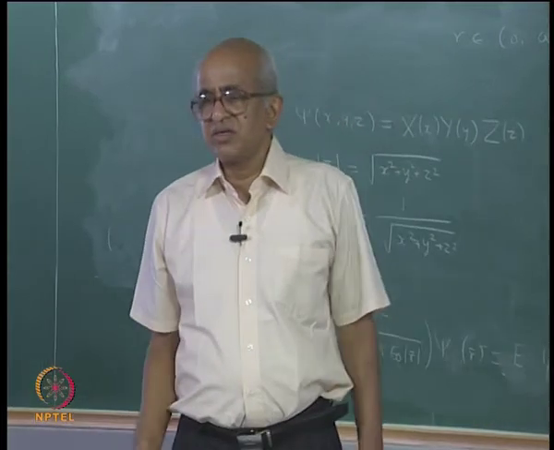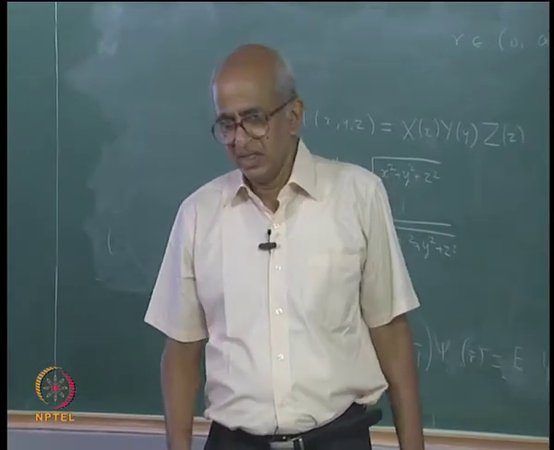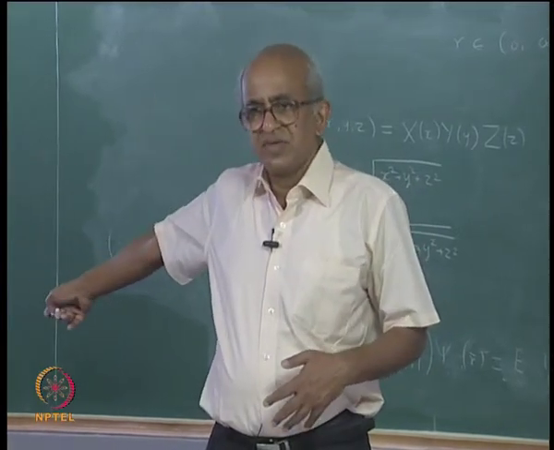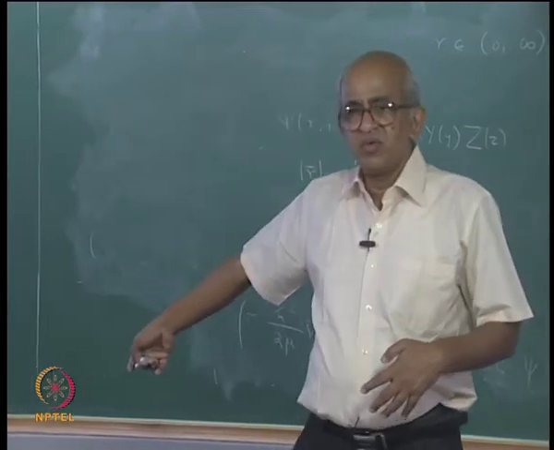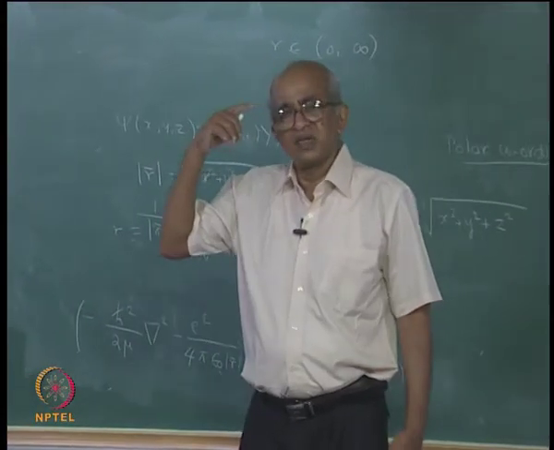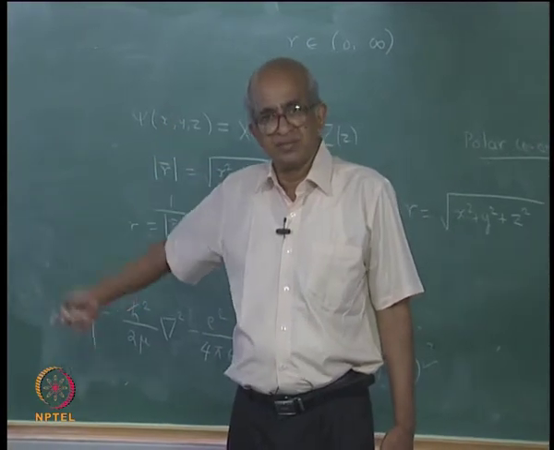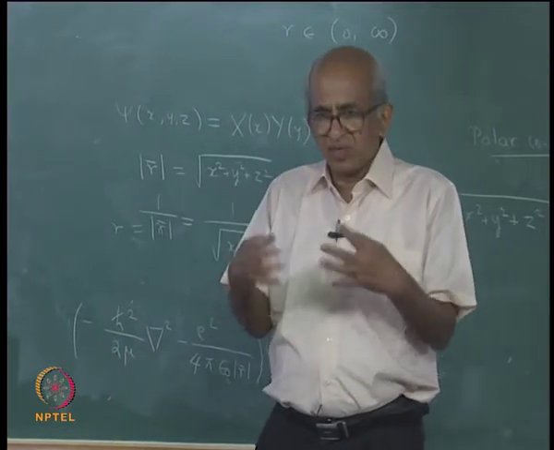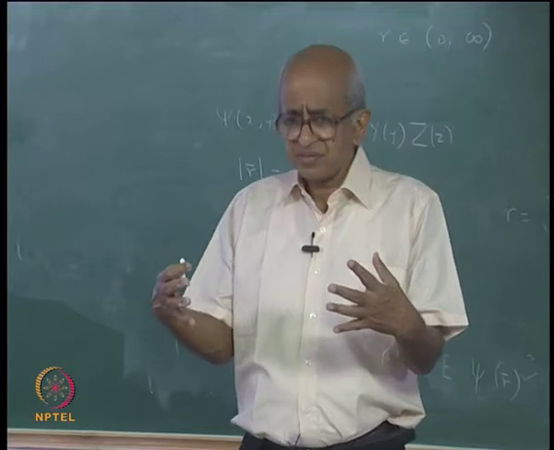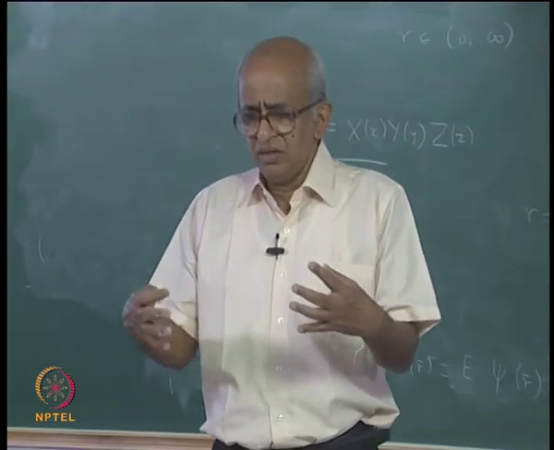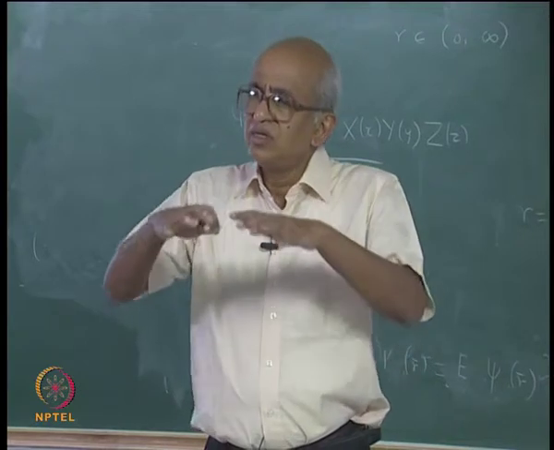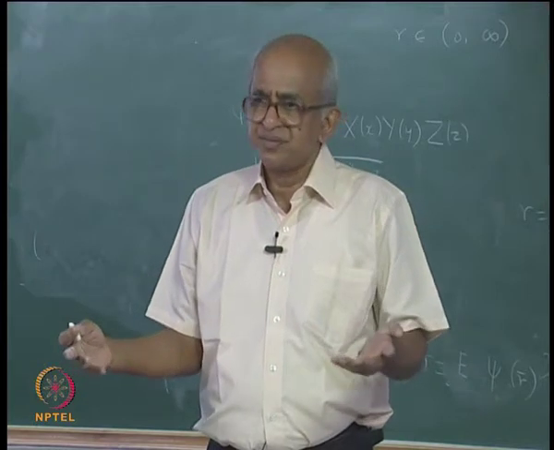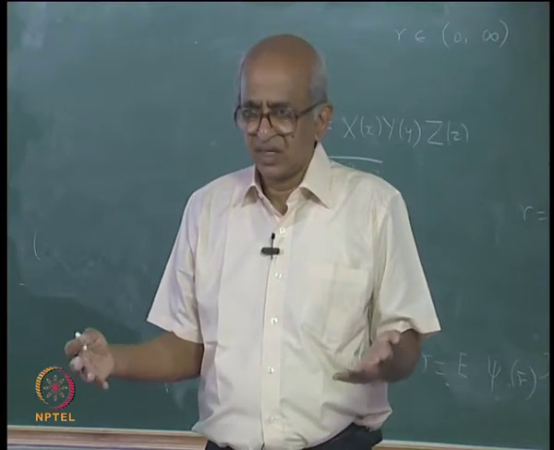So, if you say that r is equal to 10 feet, that means I am standing somewhere here, so that my head is at a distance of 10 feet from the origin. But even if I moved a little bit, I can move in such a fashion that the distance does not change, r is still 10, right. So, if I tell you that the point is at a distance of 10 feet, what it means is that the point is anywhere on the surface of a sphere of radius 10 feet, correct.